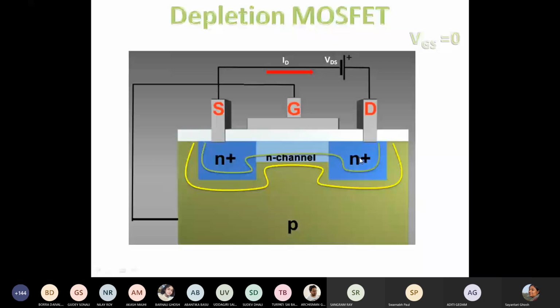Just apply the same principle that we had in case of JFET. Here also you can see, just similar to JFET, this drain terminal is N type, but it is attached to the positive side of the battery, right? That means it's a reverse bias. So as soon as you change this VDS to higher and higher values,